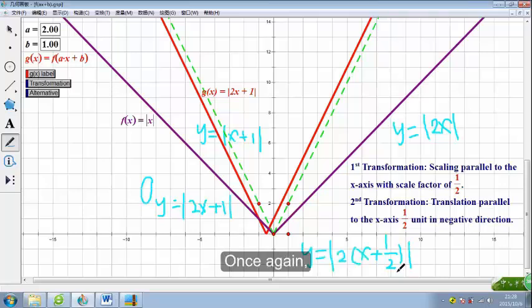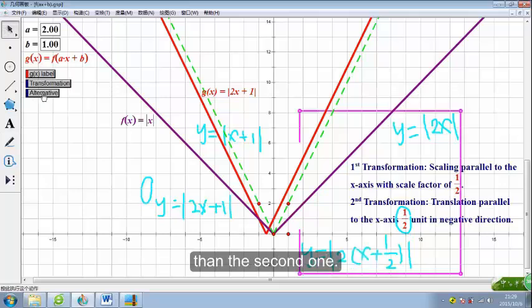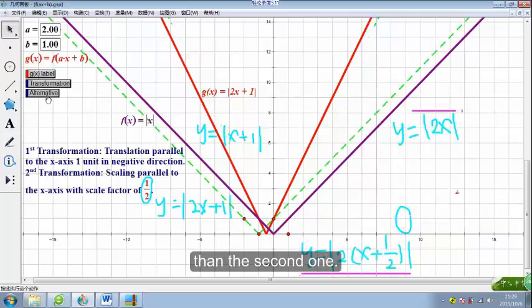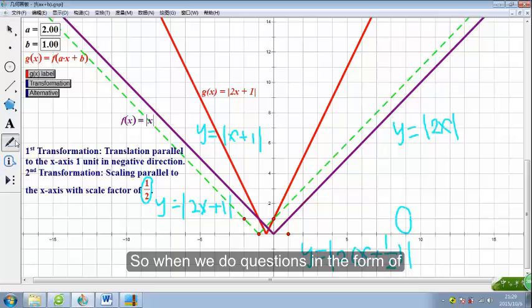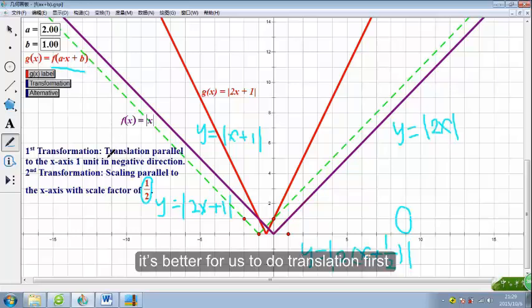Once again, we need to be very careful about the distance of translation. It is half rather than 1 unit. Again, both sequences are correct, but the first sequence is clearly easier than the second one. So when we do questions in the form of y equals f(ax) plus b, it's better for us to do